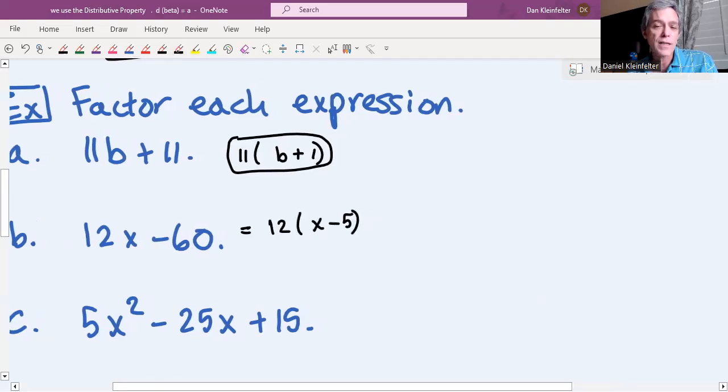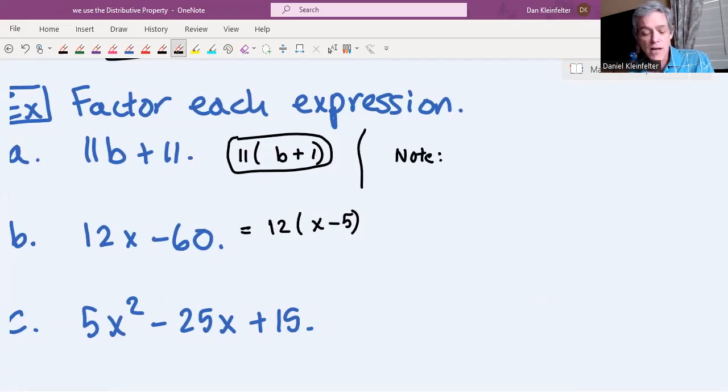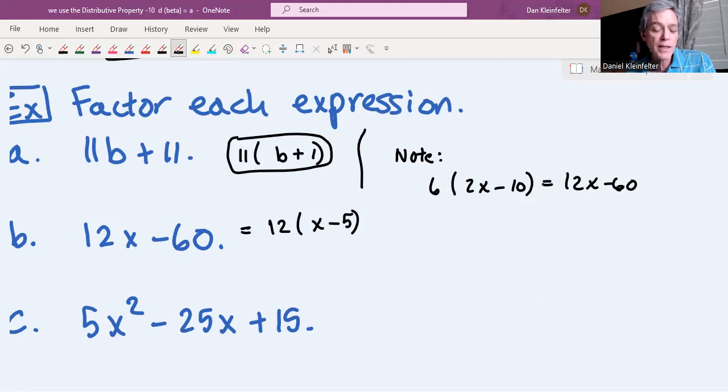Before I go on to C, I did want to note the following. If you looked at 12x and 60 and thought, okay, well, I can see that both 12 and 60 are divisible by 6, so let me factor out a 6. That would leave 2x minus 10. It's true that 6 times 2x minus 10 is equal to 12x minus 60. They're equal. But typically when we factor, we want to factor out as much as we possibly can. So for this one, 12 times x minus 5 is better in the sense that you can't factor out anything